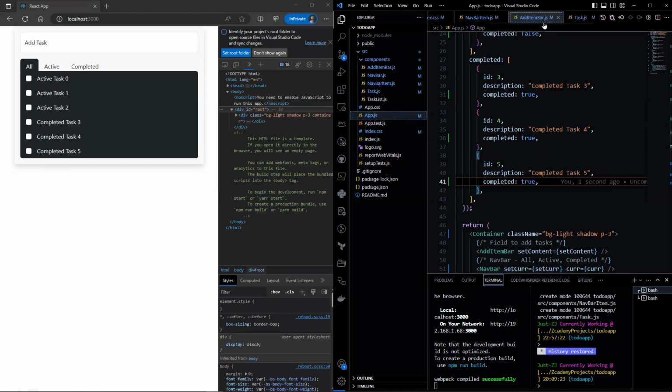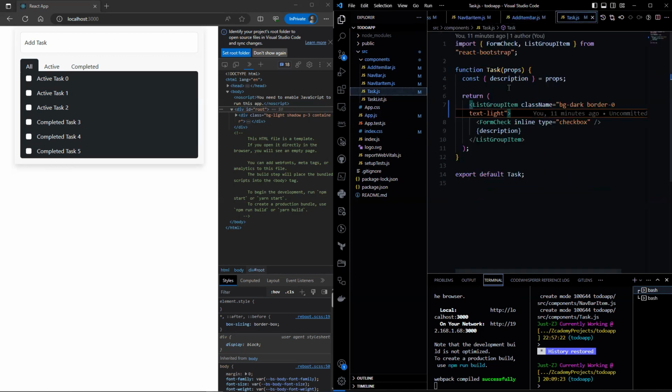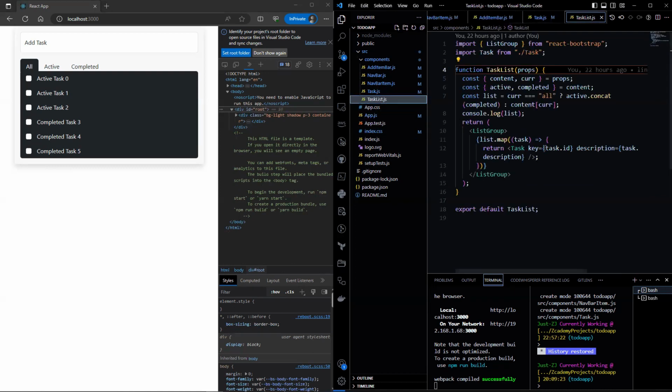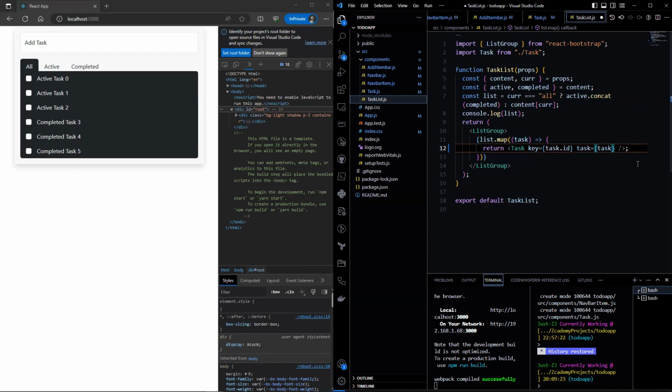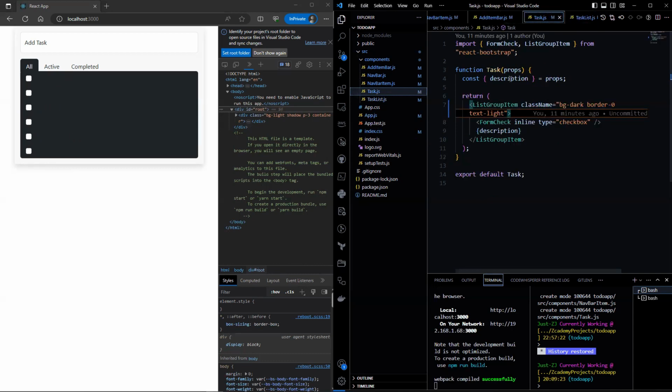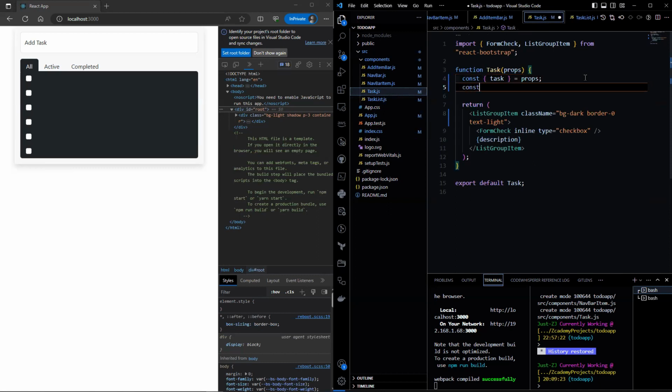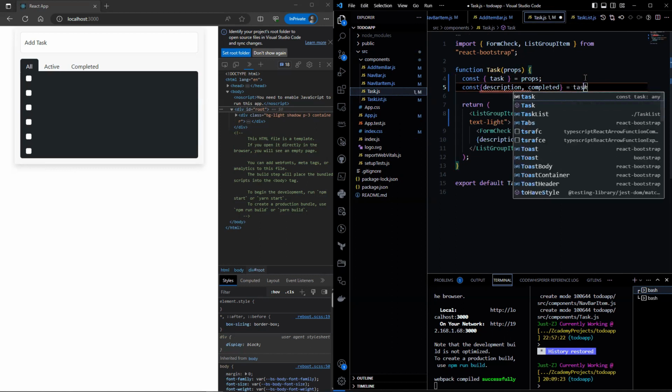Now let's go back to the task.js and we would need to pass in the task in here. So we would have changed the prop that we pass in. So let's change this to task instead of description. Now let's destructure task and also destructure description and completed from task.